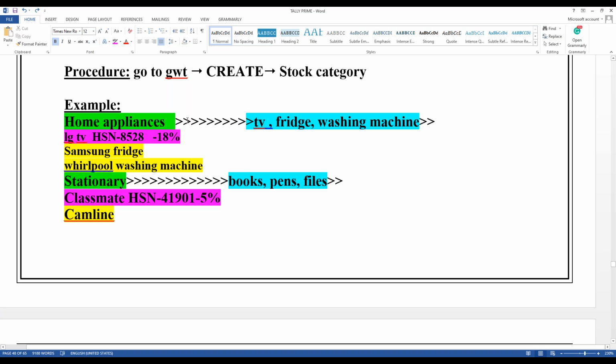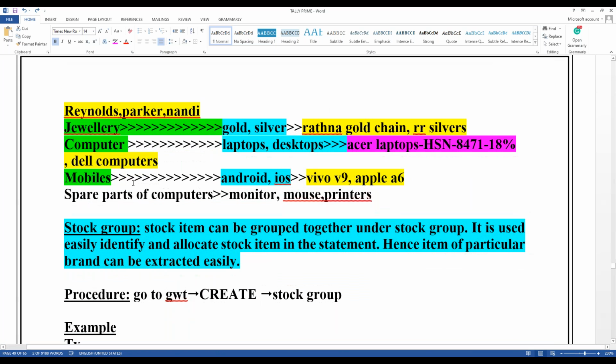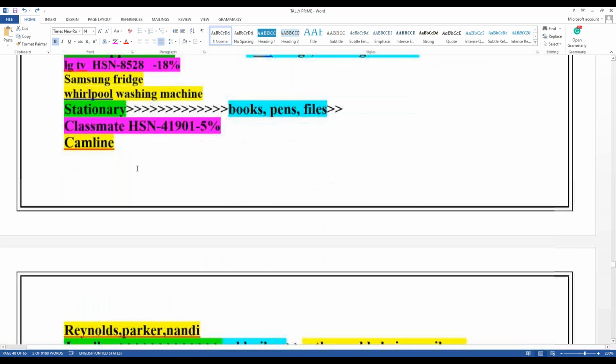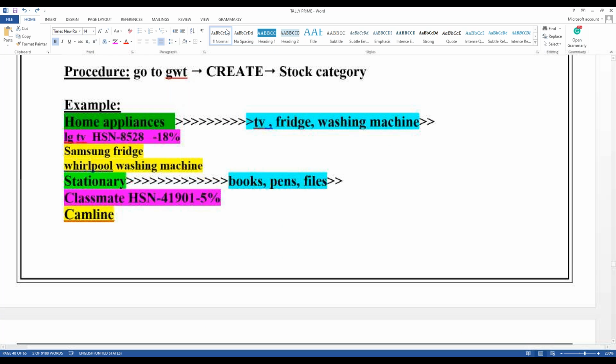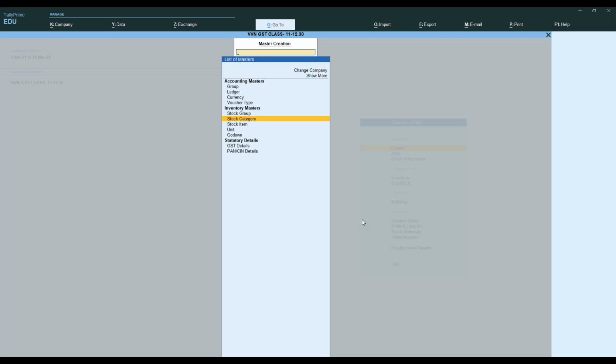I have to create the stock category. Now all these green ones which I have highlighted, those things I have to create first, the stock categories. So now to create the stock category, what I do is from the gateway of Tally screen,